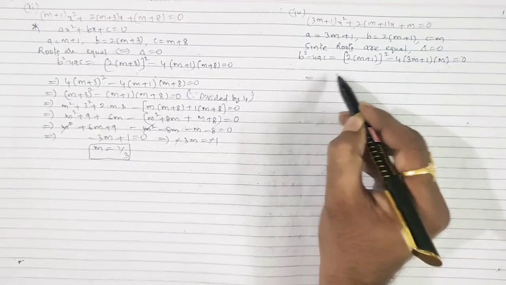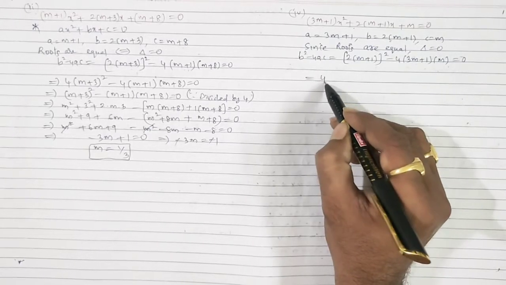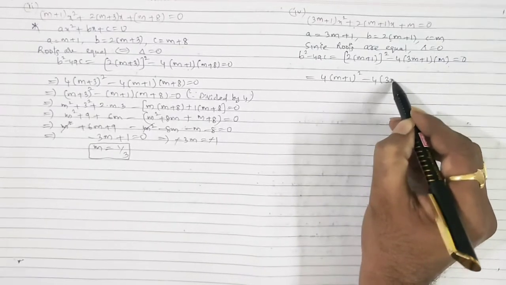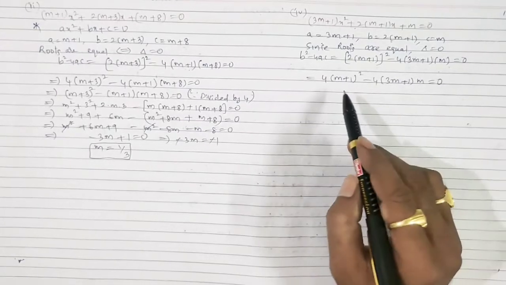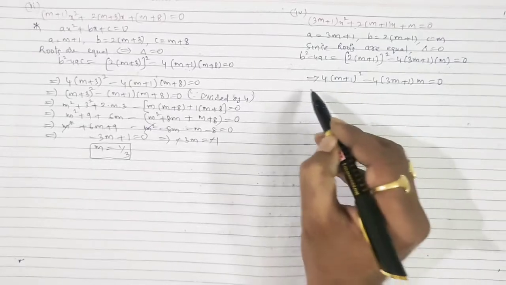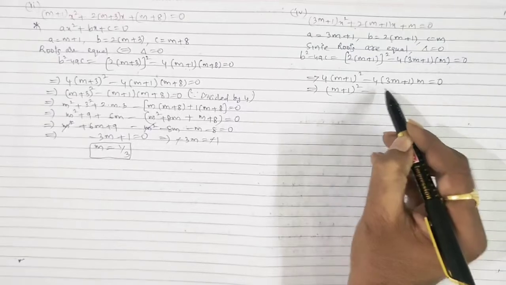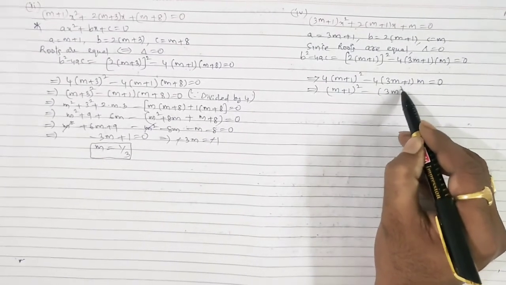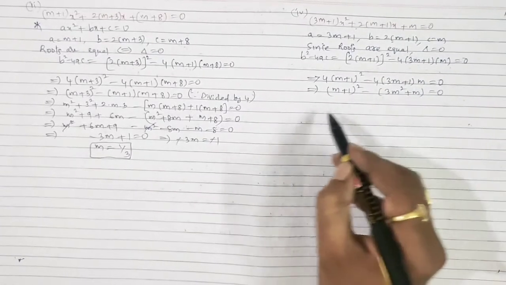Now if you simplify, here 2 into m plus 1 whole square, a into b whole power m, a power m into b power m, so 4 times of m plus 1 whole square minus 4 into 3m plus 1 into m is equal to 0. My dear students, if you observe in this question also, in this step 4 is a common factor. Therefore by dividing by 4 we get m plus 1 whole square minus 3m plus 1 into m, so 3m square plus m is equal to 0. Directly I have applied the distributive property here.